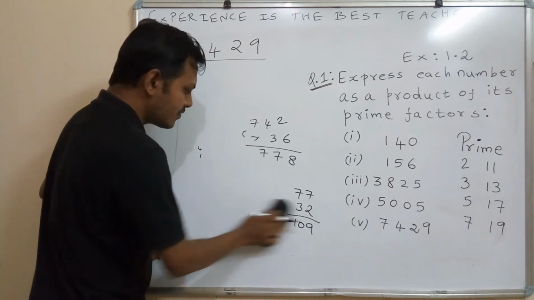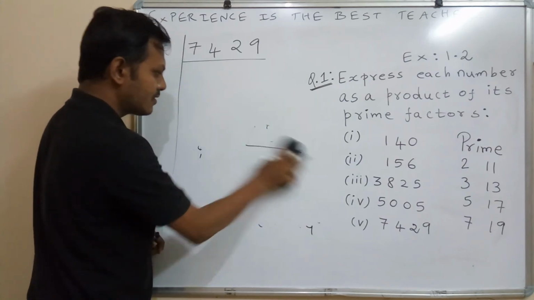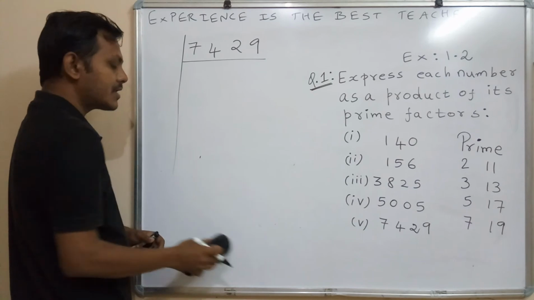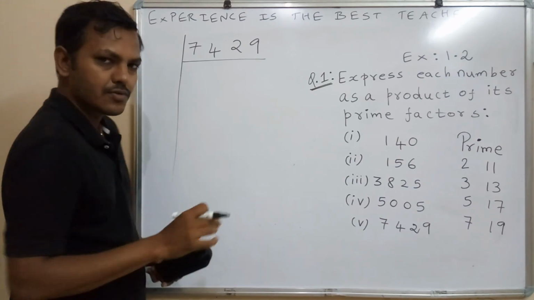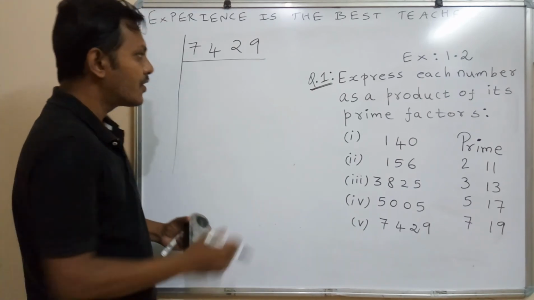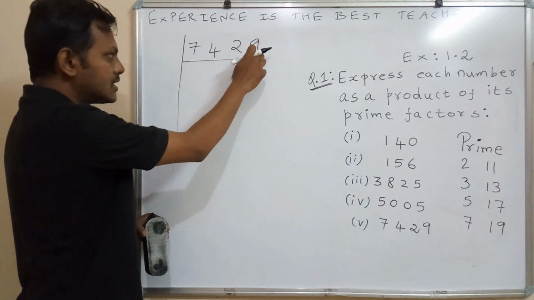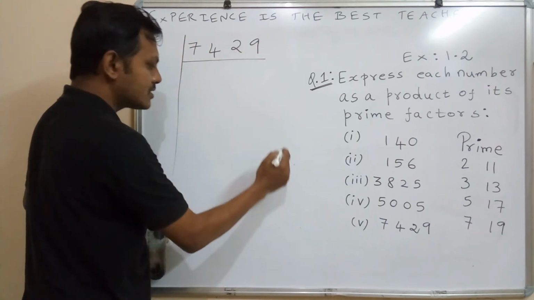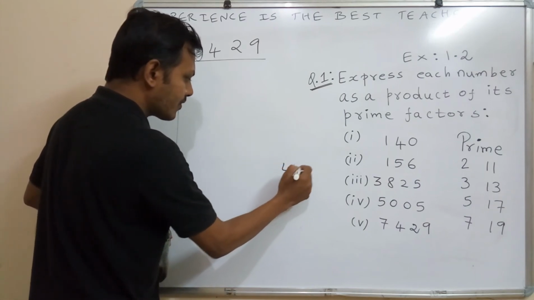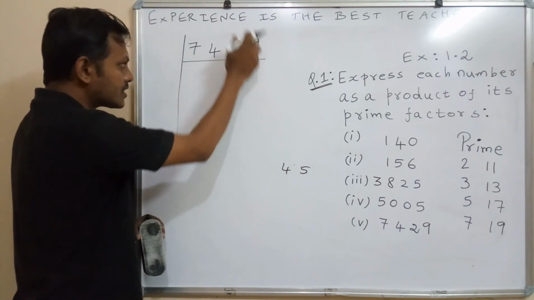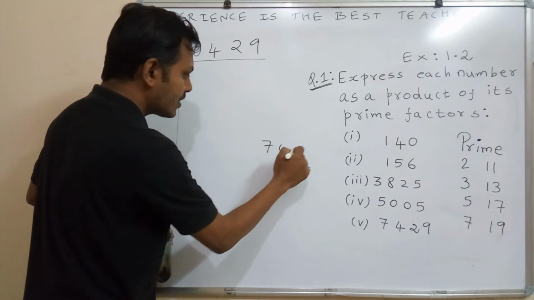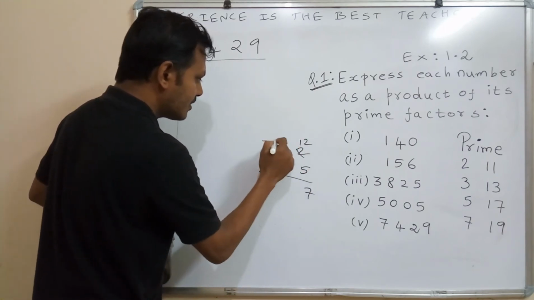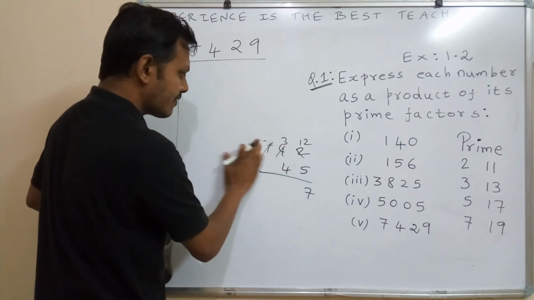Next, divisibility rule for number 17. So we are going to check whether this number will come in 17 table or not. Divisibility rule for number 17 is 5 times the last digit and subtract it from the rest of the number. 5 times the last digit is 5 9s are 45. Subtract it from the rest of the number 742. It will become 12 minus 5, 7. It will become 7 only.